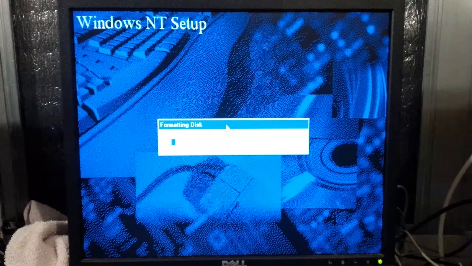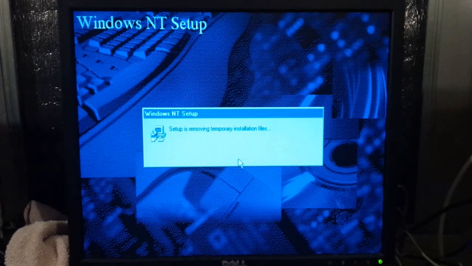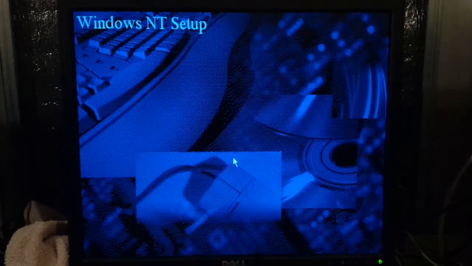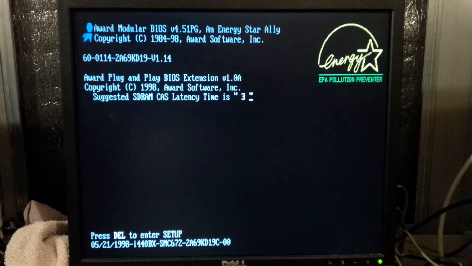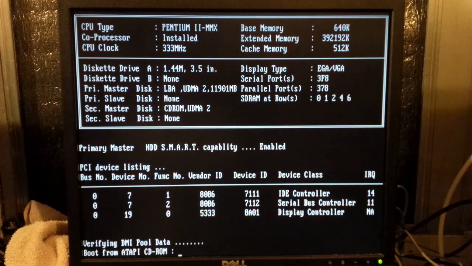Formatting disk. Wonderful! Setup was unable to format the disk. Cancel. Okay. So, doesn't matter. We don't need that. Restart computer. Let's see. I'm going to go ahead and take the disk out because it's probably not going to need it. But that is stupid fast. Is it just me or is this computer being really fast? Or am I just used to stuff slower than this? Like, everything that it's doing is just...